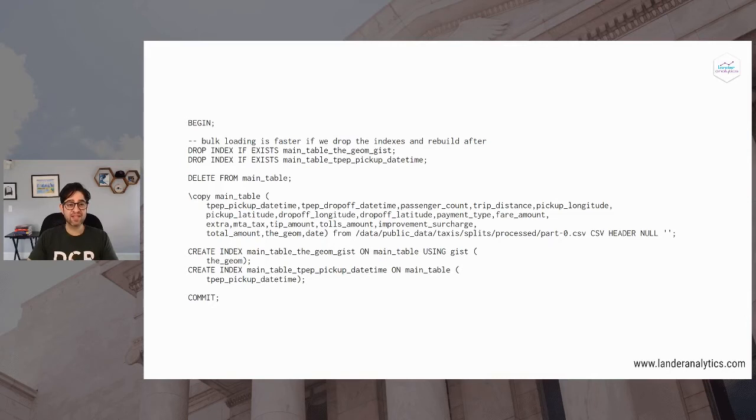Now, this line of code should all be on a single line. I have broken it up onto multiple lines so you can read it, but it has to be on a single line. After \copy, we create the indexes, and then we commit. So it's a really great way of writing to the database. \copy is really incredibly fast.